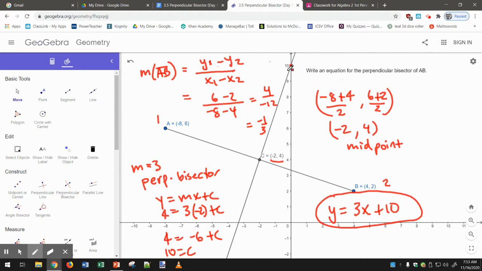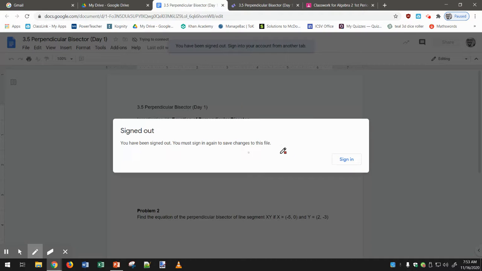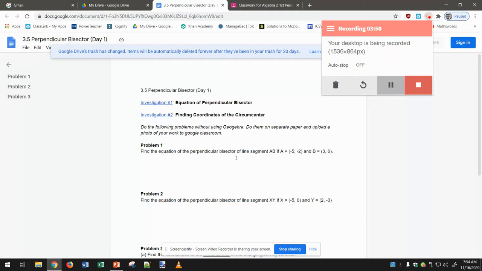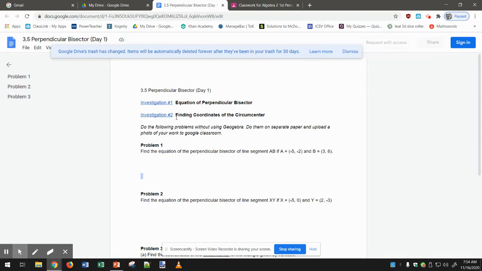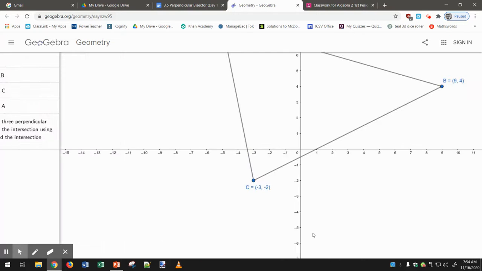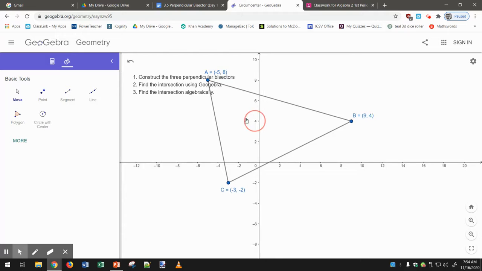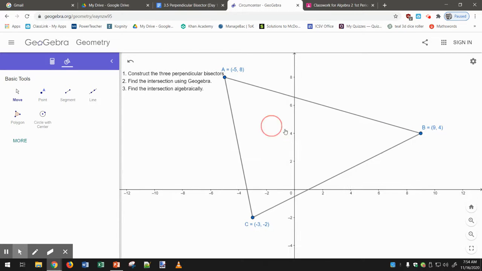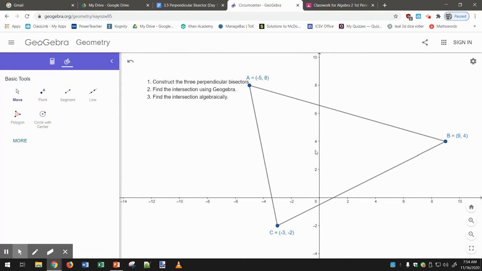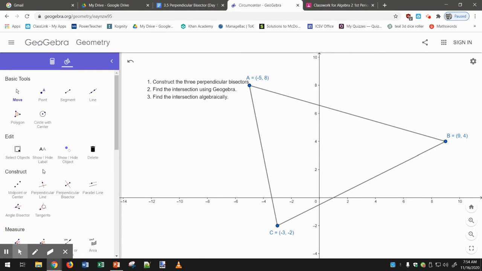So now I'm going to go to the second investigation, finding the coordinates of the circumcenter. So here we have a triangle, and the circumcenter is the point that is equidistant from the 3 vertices. And this is going to become important in the next section that we do. So I'm just going to show you,